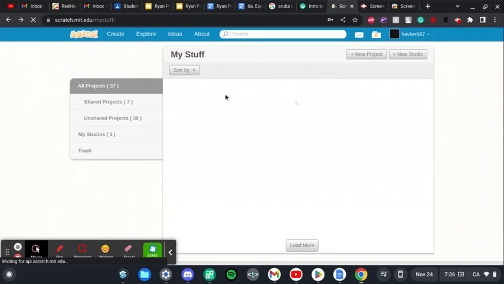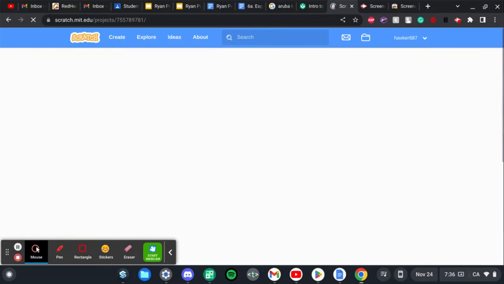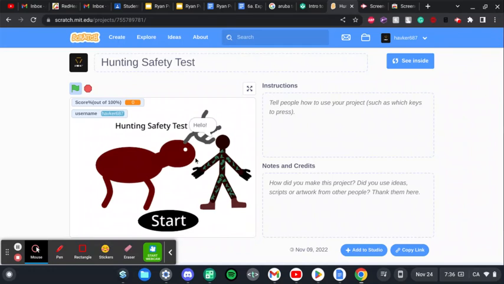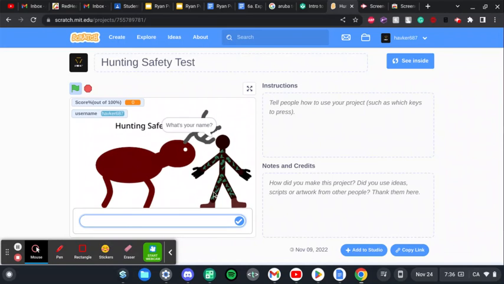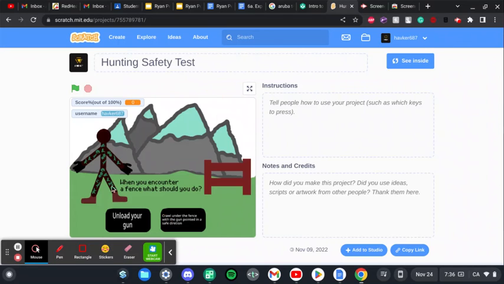And then my most recent project that I'm just working on is this hunter safety kind of test because I recently got my hunter safety process. So it has to be most of my name. It took me a really long time to figure out how to do this. Right here, hello Ryan. I figured out how to say my name, but once you click start, it